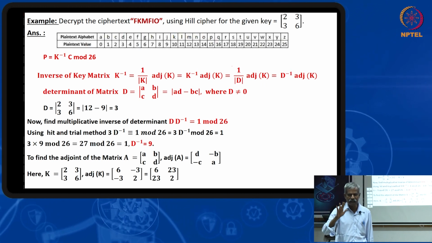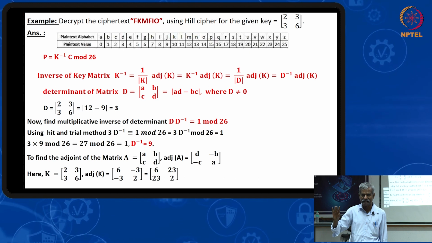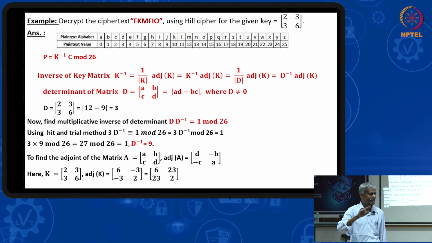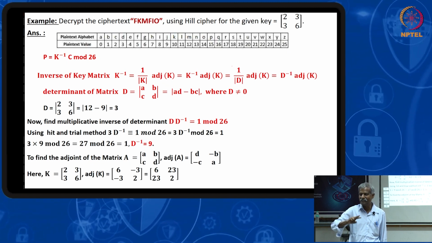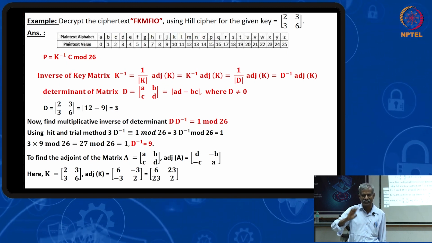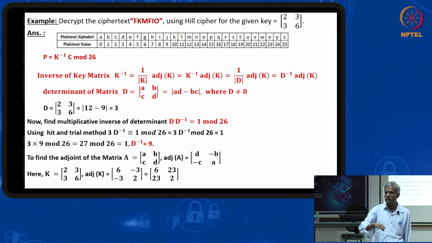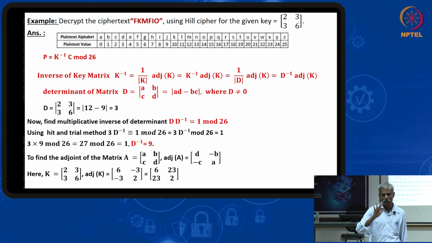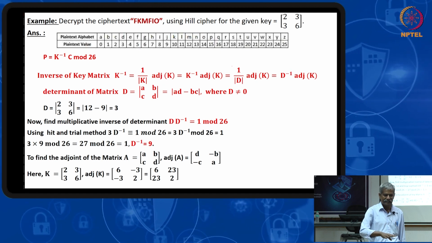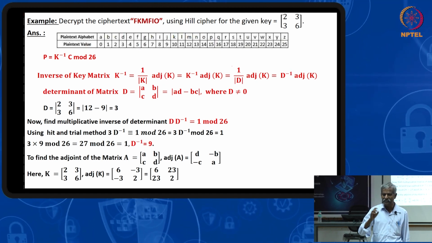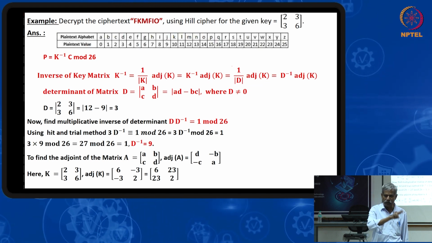If you say A equals pi, 1 by pi is the inverse in multiplication. Why is 1 by pi the inverse? When you multiply them, you have to get the identity. Identity means that if you multiply anything with it, you get the same thing. So in normal multiplication, the inverse of pi is 1 by pi, and the inverse of 7 is 1 by 7. Like that we know.